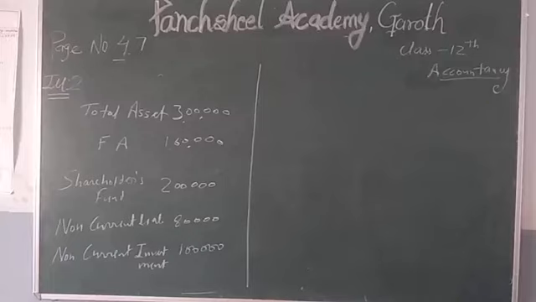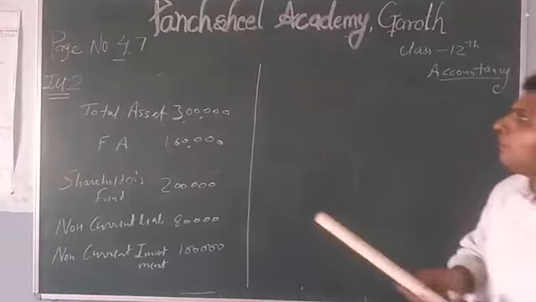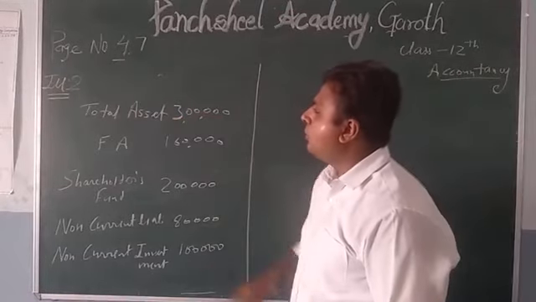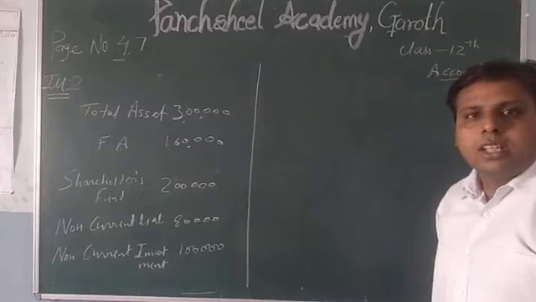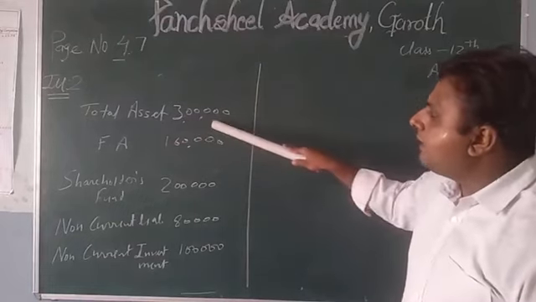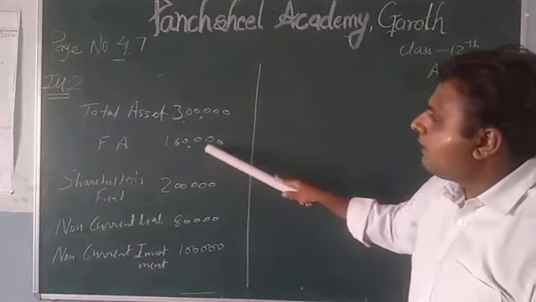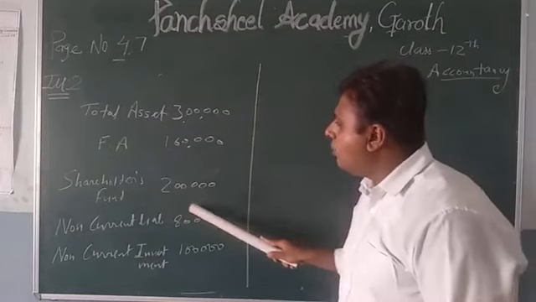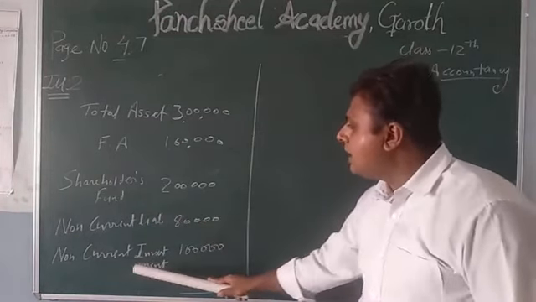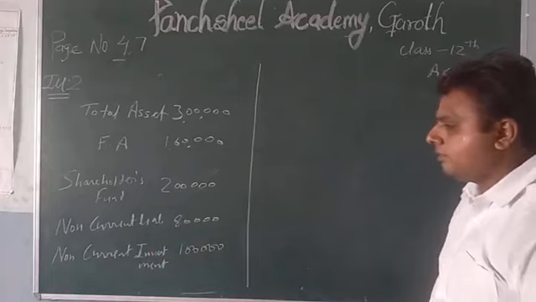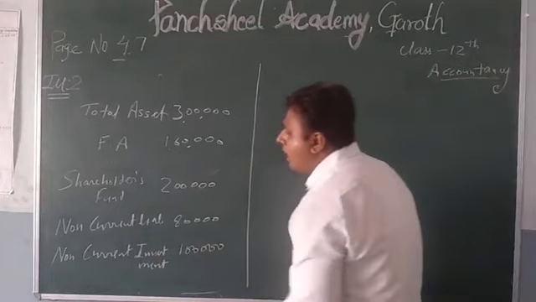Okay, page number 4.7. Page number 4.7, illustration number 2. The question is given in your book. Total asset 3 lakh. Fixed asset 1,60,000. Shareholder fund 2 lakh. Non-current liability 80,000. Non-current investment 1 lakh. Now you have to again find out